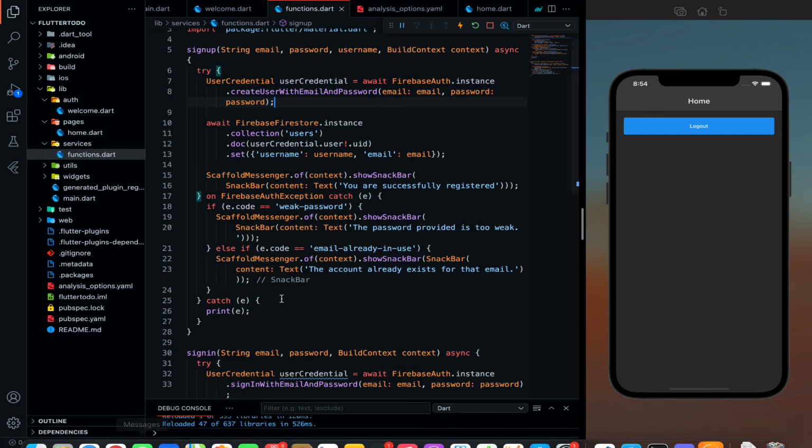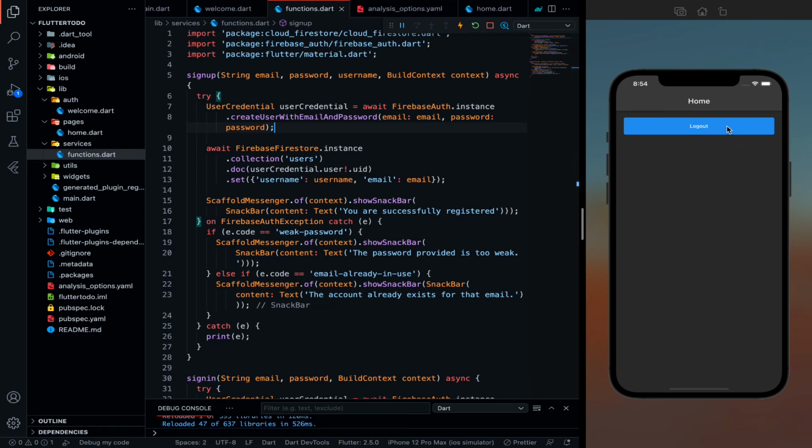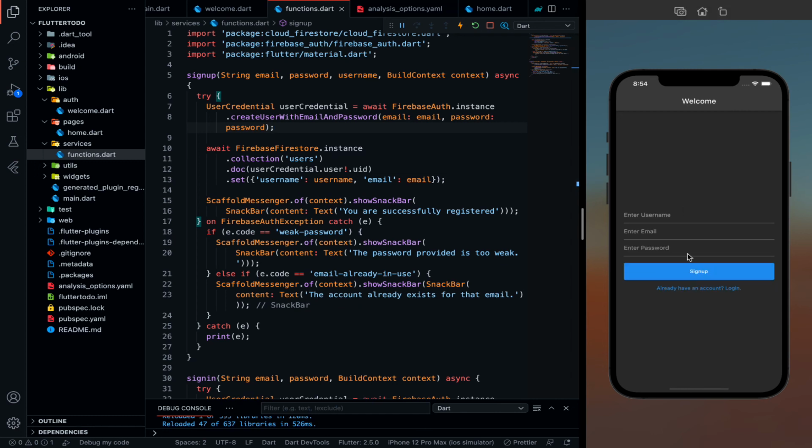So this is going to save your credentials. Now I can log out, create a new account, and let's see if my credentials are added. So log out, create a username, this time I will create Akshit, then email. My email is 17, I will be using this time at gmail.com. Last time I used 1717, and my password is 123456, right? So let's click on sign up.